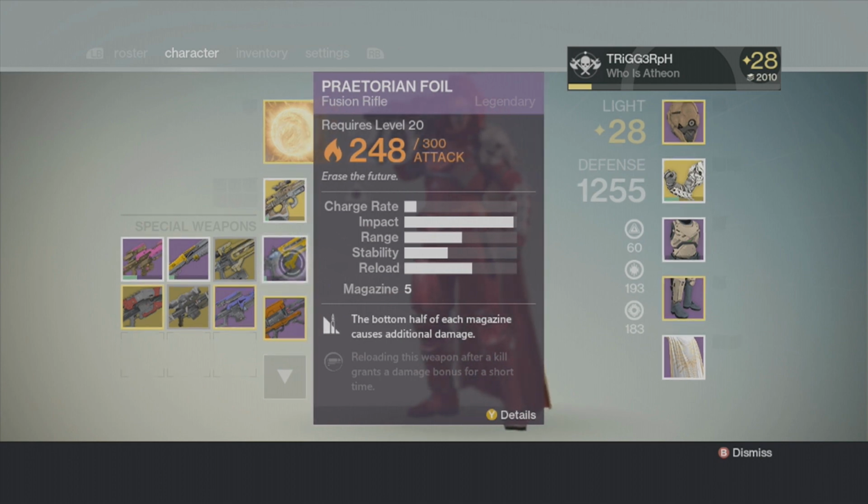But since it's legendary, we can read the perks real quick. The bottom half of each magazine causes additional damage. Reloading this weapon after a kill grants a damage bonus for a short time. I have not upgraded it to that extent yet, but it looks like a lot of the time I'm going to be getting increased damage for this weapon, which is awesome. Plus, since it is a legendary weapon and a good one at that, if I have a solar burn on for a